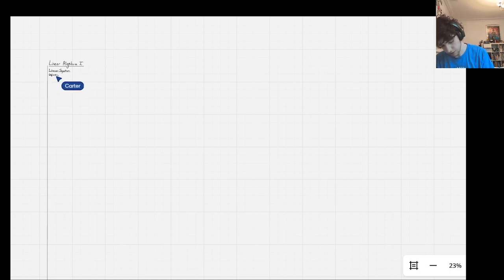Definition. By a linear system, or sometimes you might say a linear system of equations, we will mean a set of m simultaneous equations